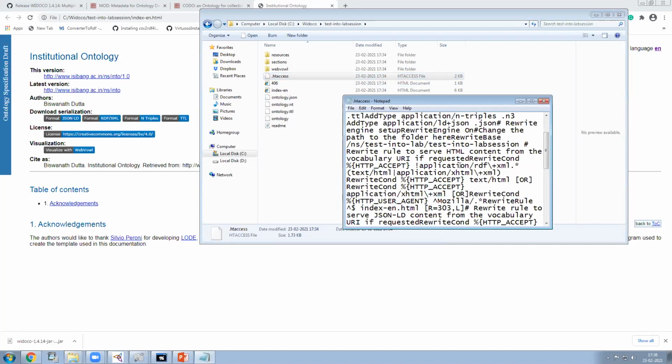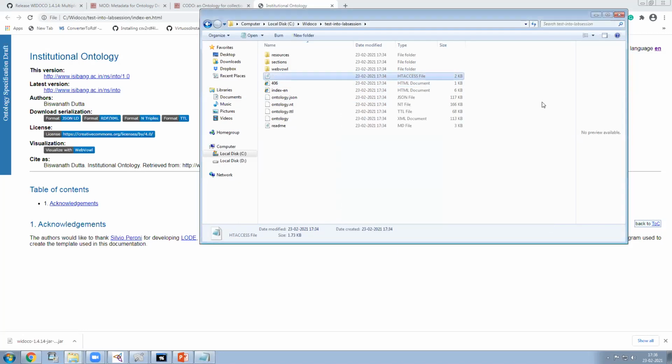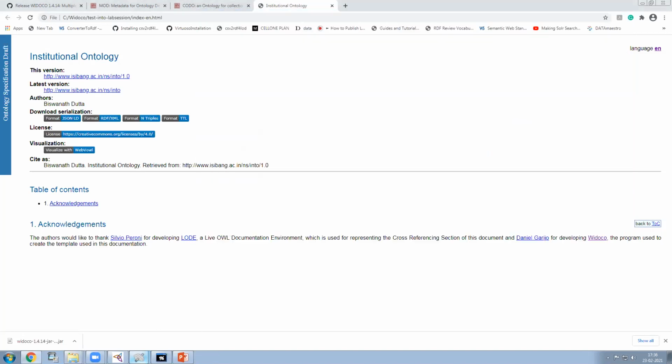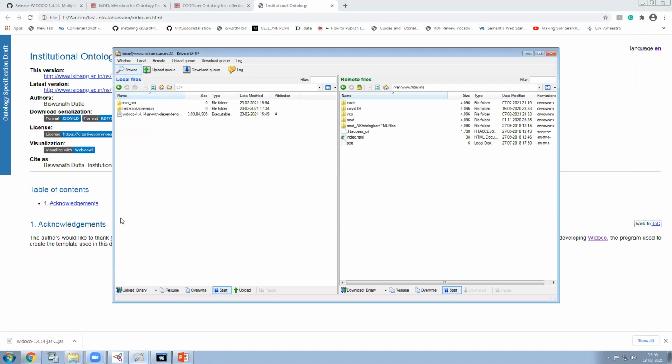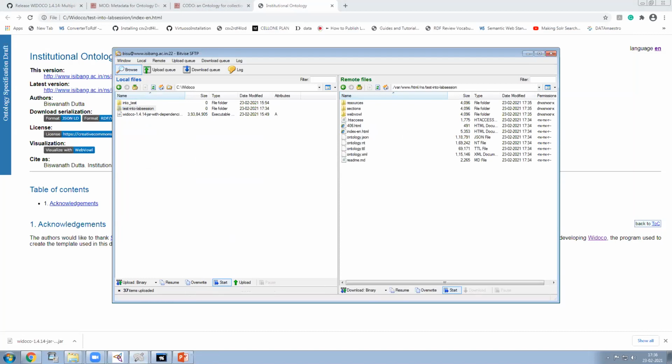So let us say Notepad, and you see it's very difficult to read. I don't do that. What I do, I have now already logged into my system. So let me go to Vidoco, and here is my system, and I'm already in my location. I just transfer the file, and I wait for it to get there. Yes, it's already there.